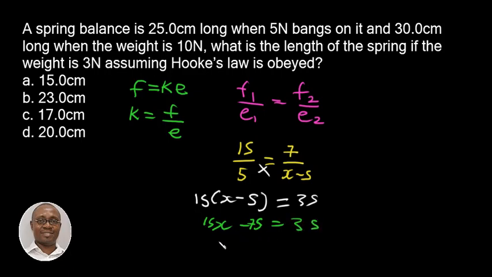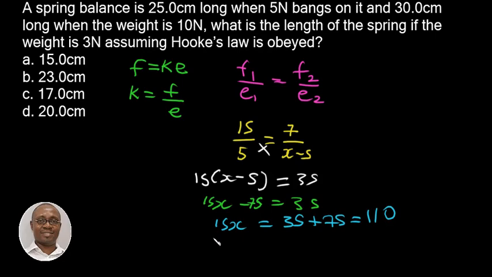So we add 75 to both sides of the equation. We have 15x equals 110. We go ahead to divide both sides of the equation by 15. So we have x equals 110 divided by 15, which will give us 7.33. Okay, good. So now that we have the new extended distance, 7.33 centimeter, we have to subtract